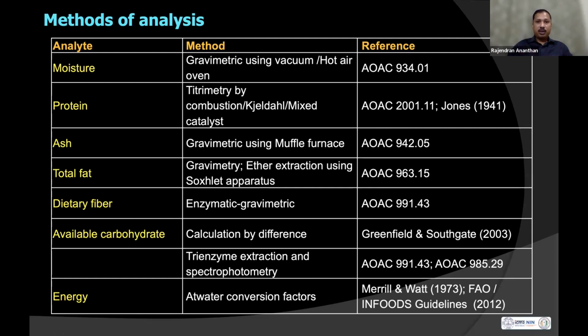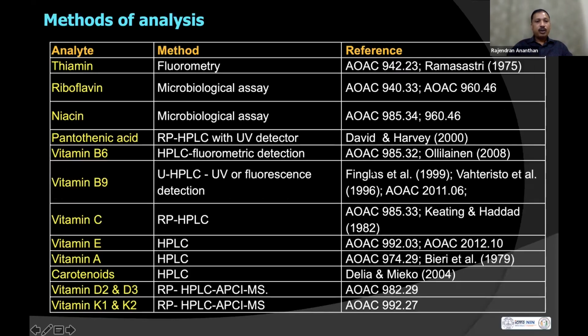It is also recommended by FAO, because different methods have been used for each analysis. But out of all the methods, the best method was discussed very properly, and those are the methods we adopted for our Indian Food Composition Tables. If you look at the vitamins also, most of the official methods we have used. And on the technique, one example I can tell you: